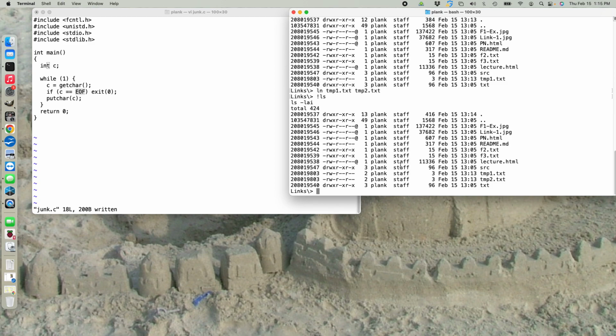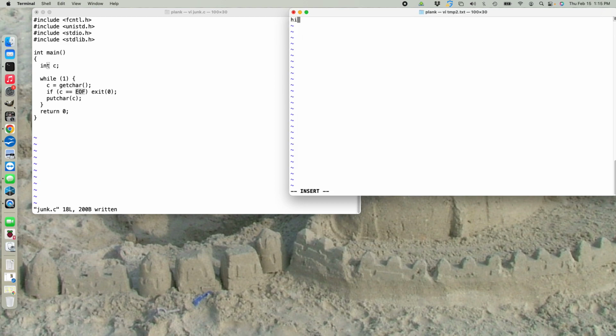So it will change the inode and add the number of links, and that's why this field changed when I did the long listing. Okay, but you'll note it didn't mess with the modification time. Everything else looks the same. Okay, so now I can treat these equally, right? If I type vi temp2.txt and I change this to hi there,